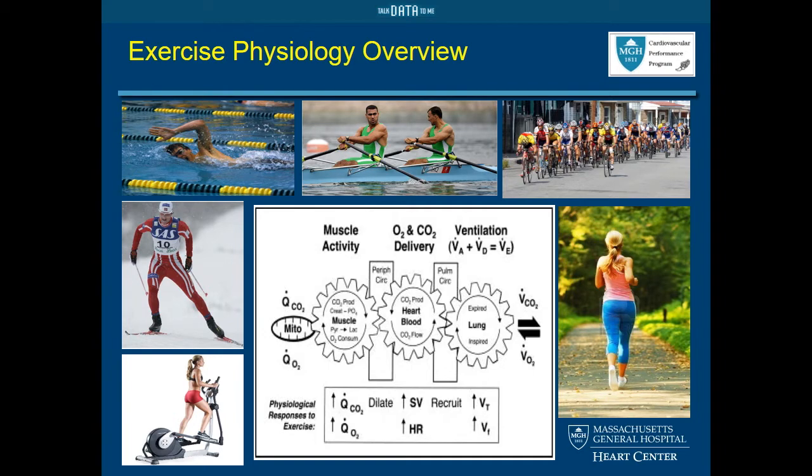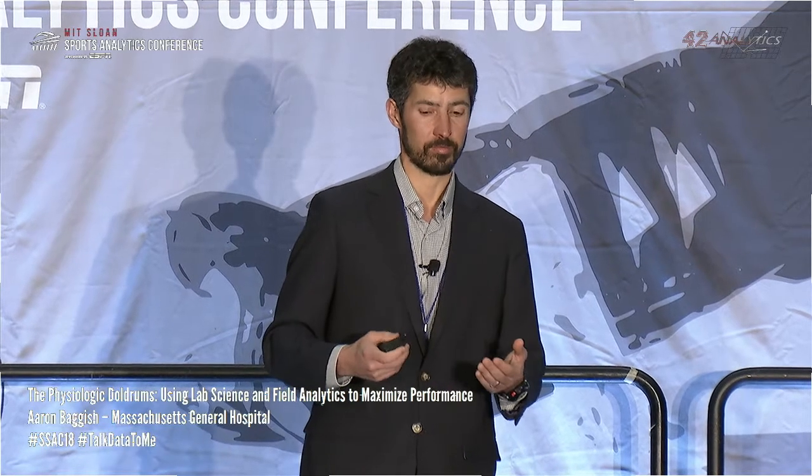And what you can really take from this is that in order for an athlete to optimally utilize oxygen and get rid of carbon dioxide, everything in these 3 cogs of the chain, so the lungs, the heart and circulatory system, and the muscle, has to be working optimally. These are all in some way, shape, or form trainable too. So when we think in the latter part of the talk about a response to a training program, I'm going to ask you to think about which of these systems may have been responsible for an athlete's ability to improve performance. And I'll give you a little hint, it's not the lungs.